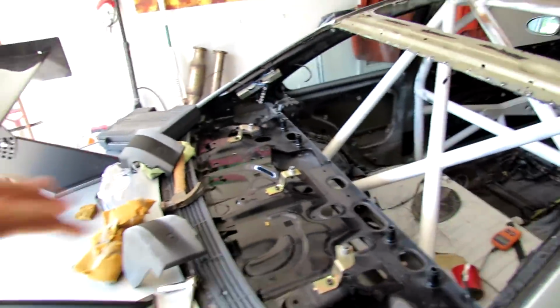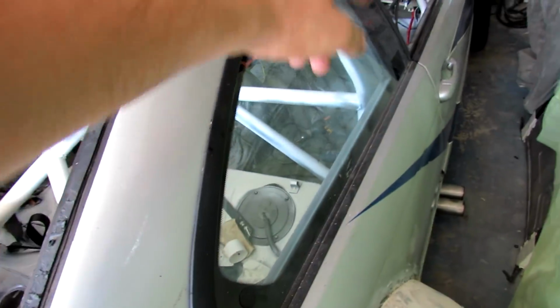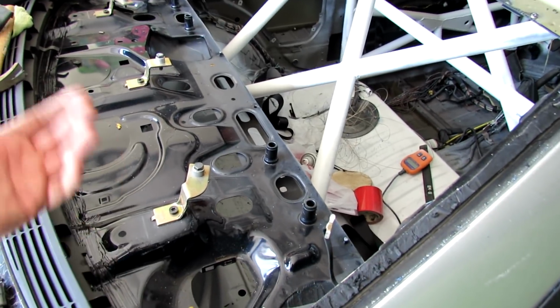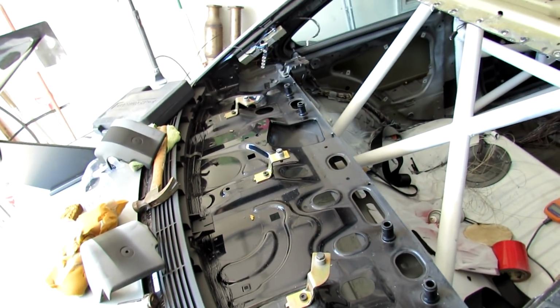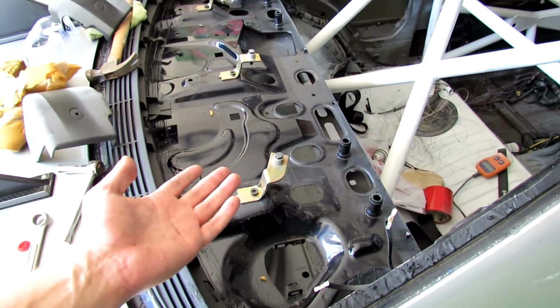So as you can see, I've been working on getting this deck out. It's right there, the speaker deck, and the crap underneath it, and I got the seat belts for the rear out. Now I'm working on the window motor, which the rear window motor is probably what's going to be holding this window in, and then I can actually remove the quarter windows. Debating about chopping this or not, because I know some people do it. My friend who builds race cars just says it's pointless. He's like, if you really want to cut it, you can. I only want to cut it because the glass is going to be here, and if you look in, all you see is this crap. And it's either I keep it this color, and